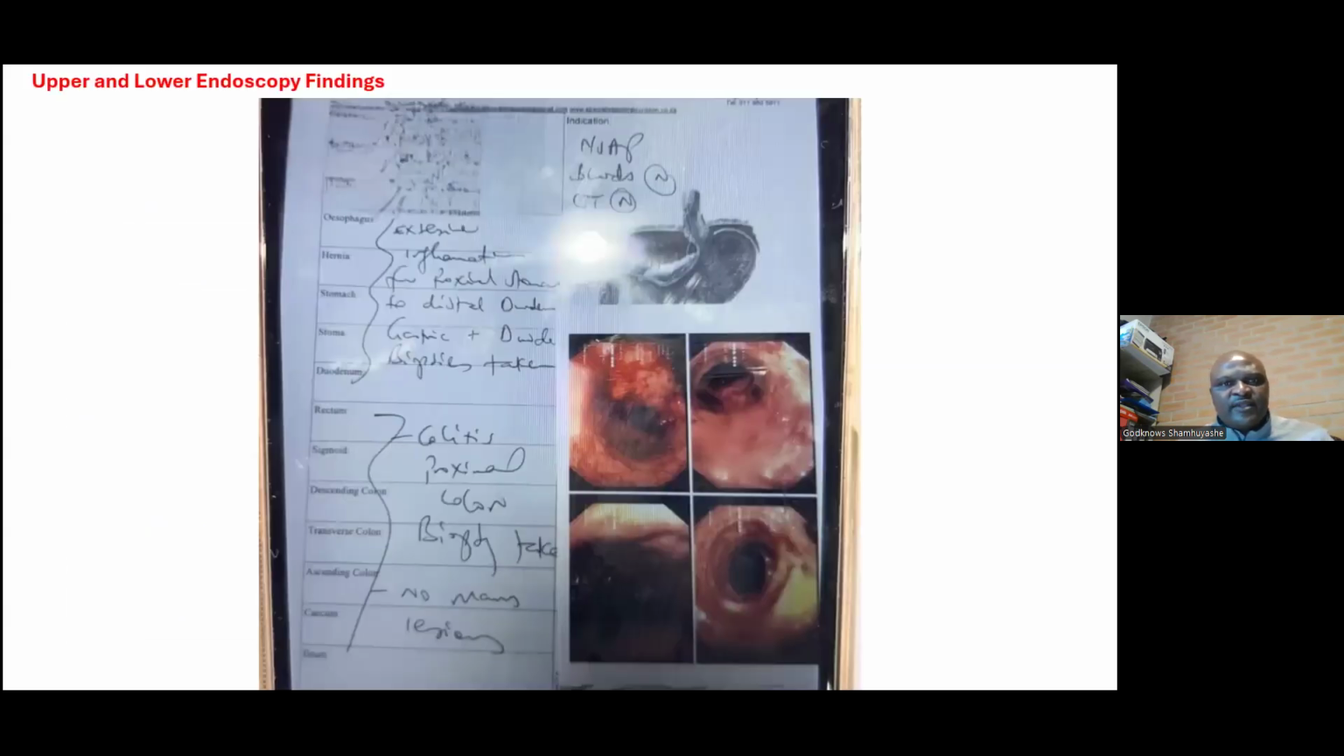This is the photo of the gastroenteroscopy and colonoscopies which were done. It's not a clearly visible picture, but from what I can read, on the upper endoscopy, there was extensive inflammation from the stomach to distal duodenum, and gastric and duodenal biopsies were taken. And on the lower endoscopy, it shows colitis on the proximal colon, of which biopsies were taken. There were no mass lesions noted on this